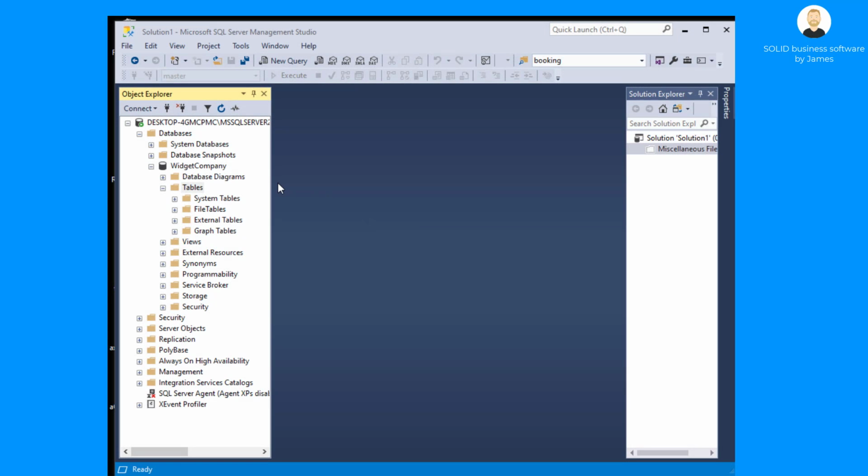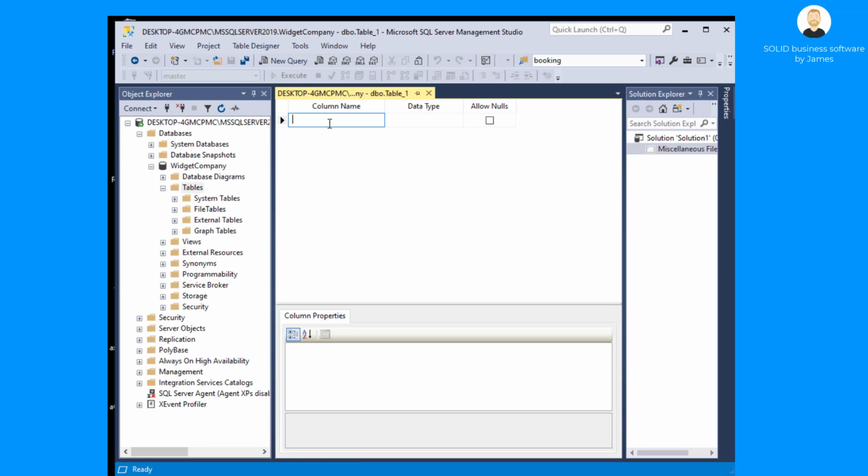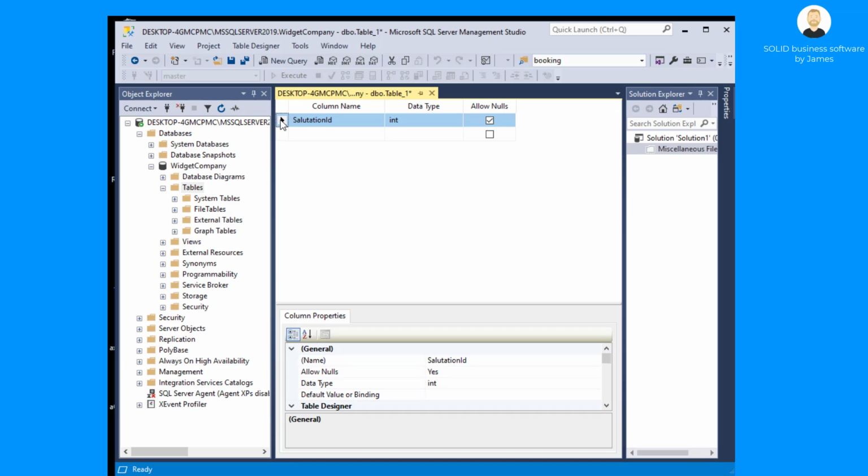We're in Management Studio, so first thing we're going to do is create a table, a table TBL salutations. New table, and the first column is going to be the primary key, so I'm going to call this salutation ID with an integer data type. So it's the primary key, as I mentioned, so let's set that there, and then let's